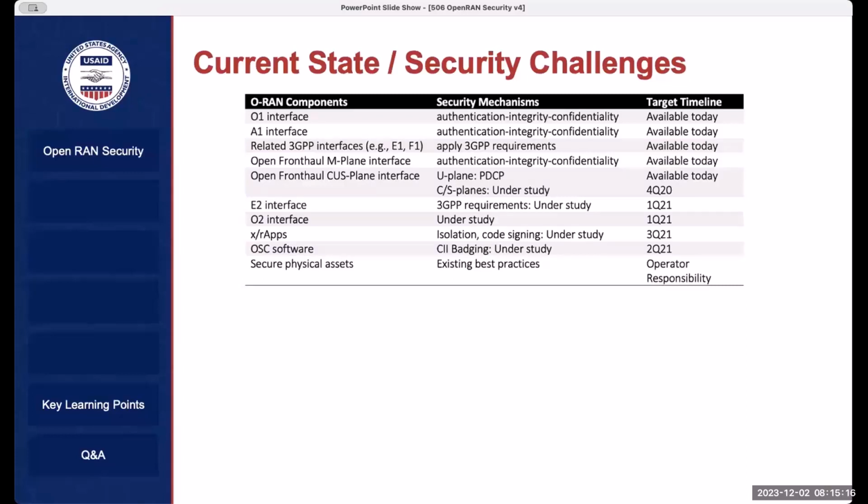It's still being updated as I speak. And then, of course, secure physical assets: a lot of them are based on ISO 27001, to protect the physical deployments like cell sites and data centers. And they are basically passing the buck for this to the operators.